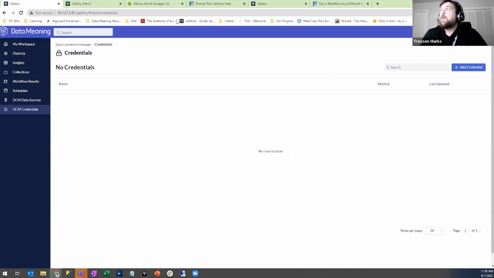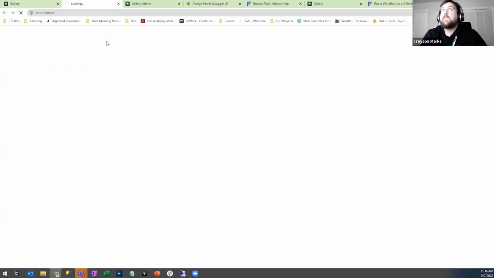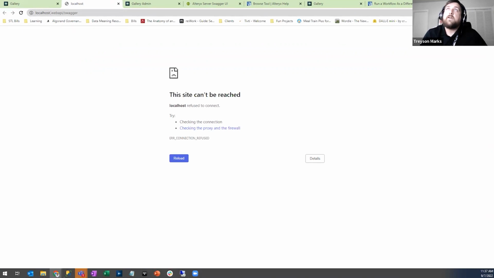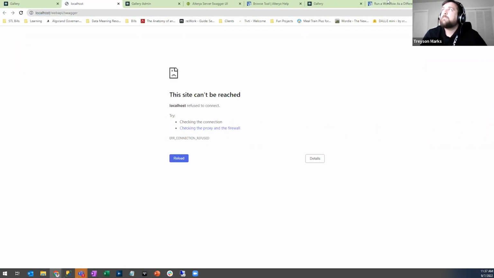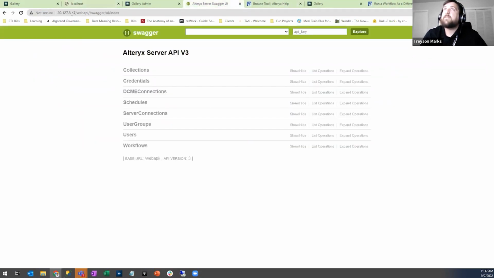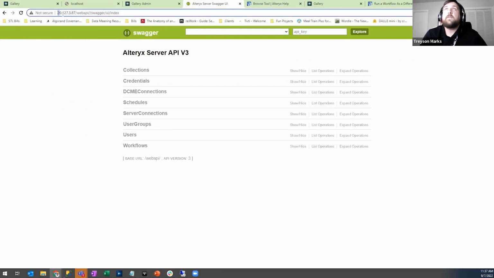If you go to your gallery here and you click on the question mark and you go to API documentation, I want to show you this because this is a common error that people might see. If I click on API documentation, I'm going to get this error. It's not going to know where to go. We haven't set this up correctly on our server. It's currently pointing to localhost, which makes sense on the machine, but I haven't repointed it to my server address. So I had to manually come in here and add my server address. You add your server address here: server address / web API / swagger / UI / index, and it's going to bring you to this